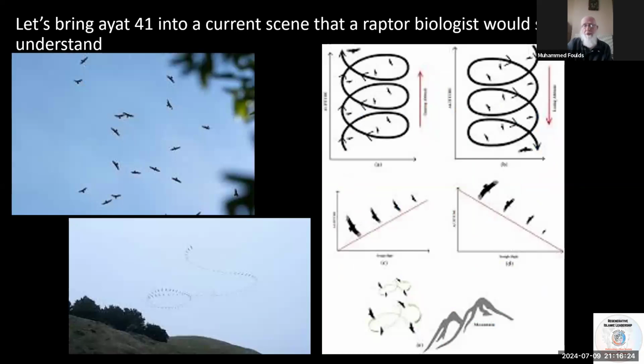But the pattern here, so you see the picture of the vultures on the left, and that could also be eagles. Look at the picture below. These are pictures that I've seen in Africa, around the world, but in Arabia. But look at the pattern, that the bird is going on a spiral. The thermal is on a spiral. Isn't that amazing? That's the pattern to get the bird up to a great height. Effortlessly, they just go up and up and up.